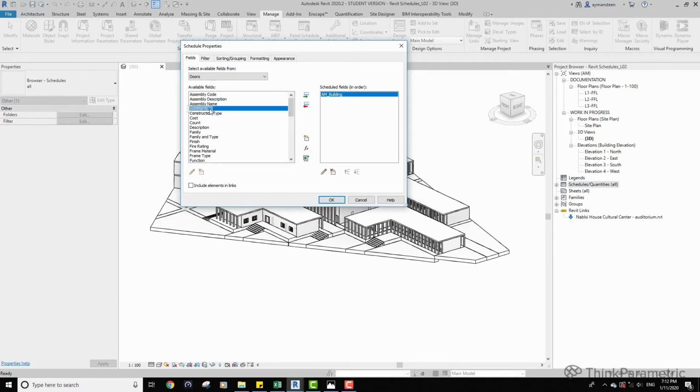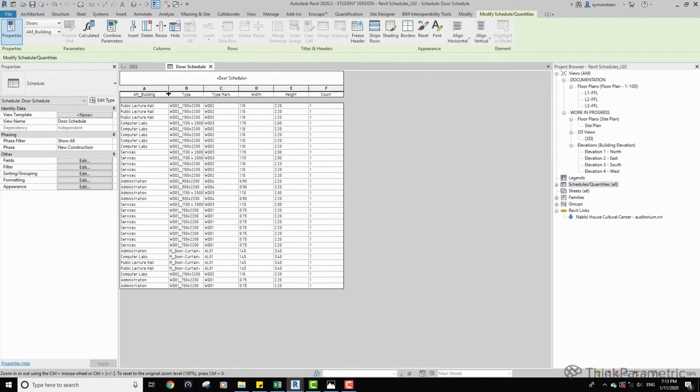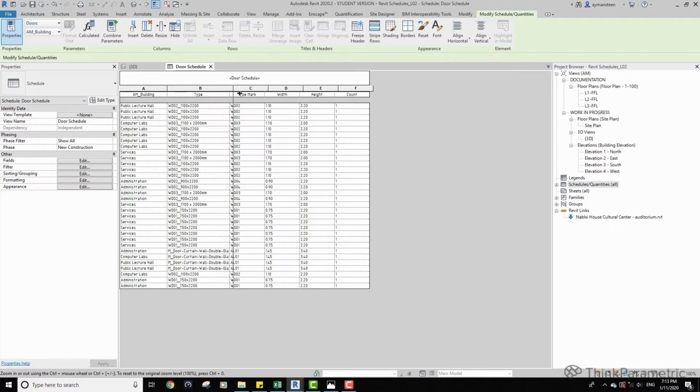And we want to add the type mark, type and location, width in the beginning, then the height, and we want to add the count. Let's bring this down. So let's click OK.